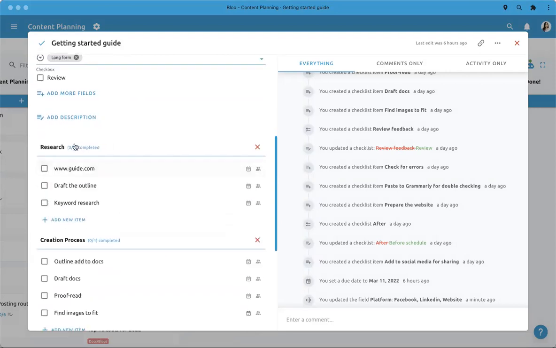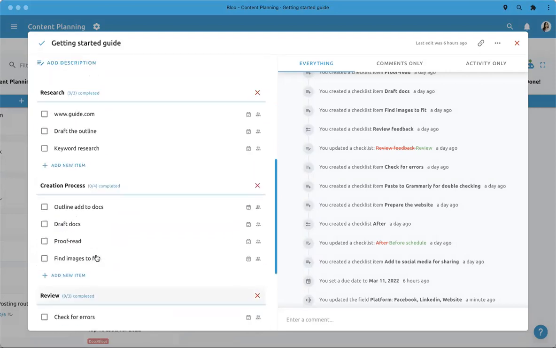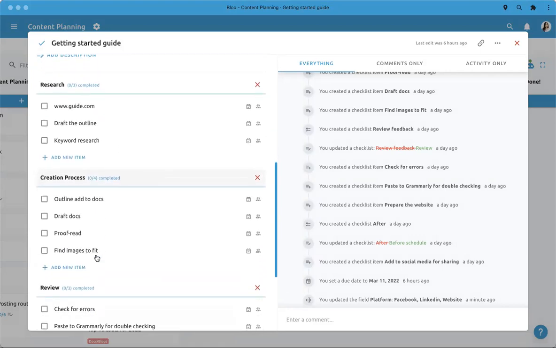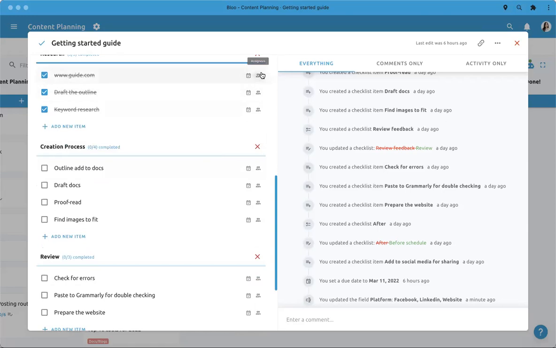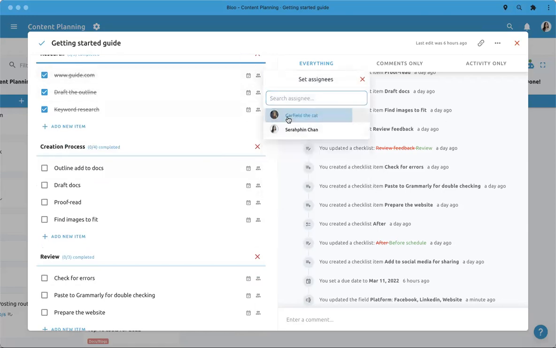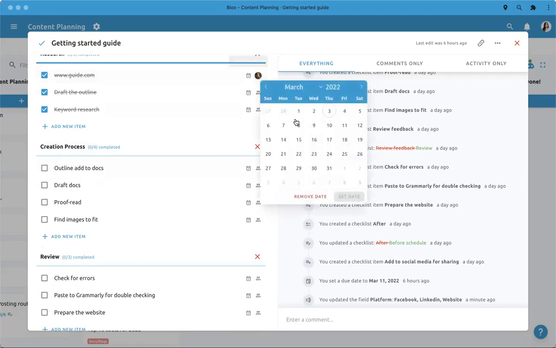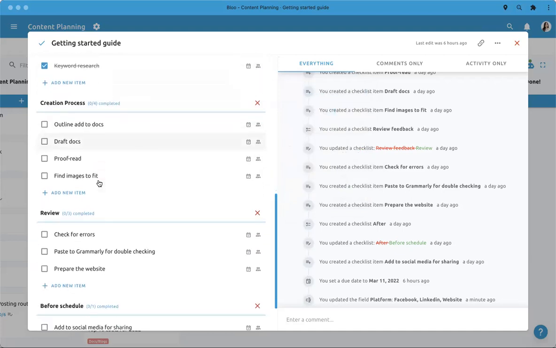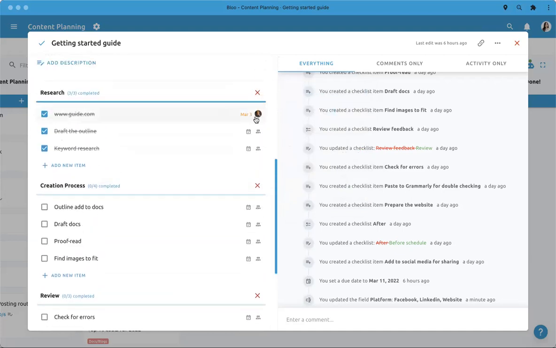And then these are the checklist items. A checklist item works almost like a subtask, and this is what I think is quite helpful when it comes to content creating. You have your research, so you can just check everything off here. Then you can assign a team member who is supposed to be doing the research section, and set a due date for them, so that you give yourself a window of time to start the creation process as well. This is very helpful, and they will be reminded of this from their